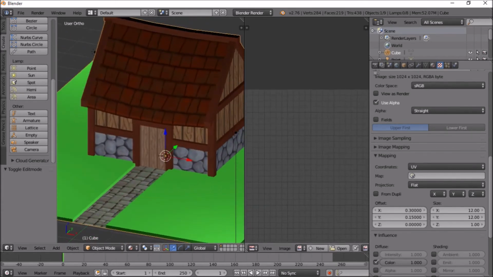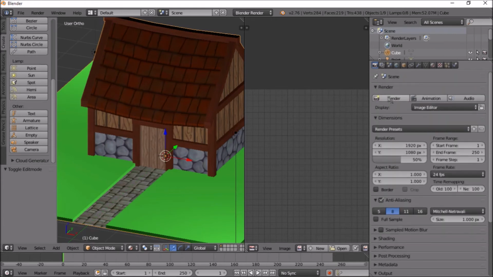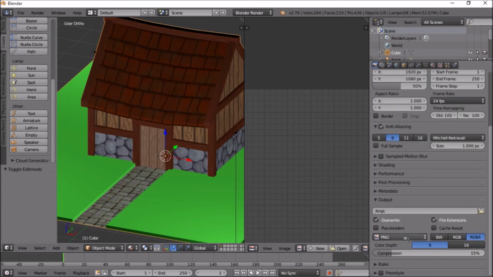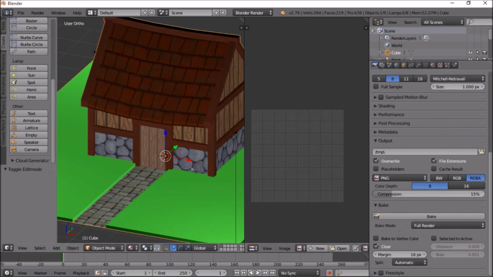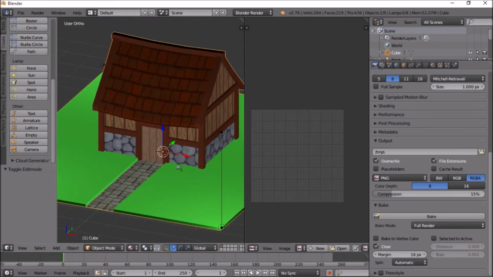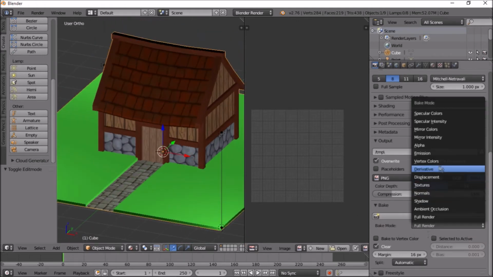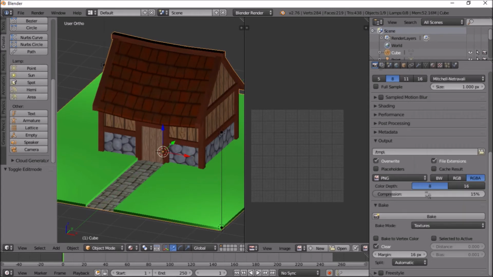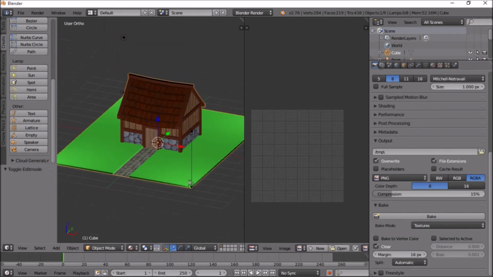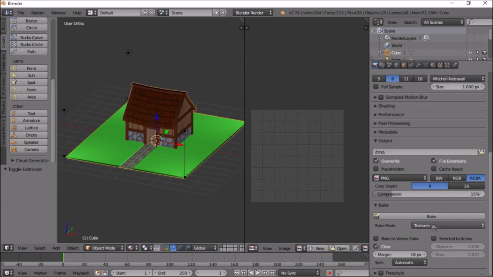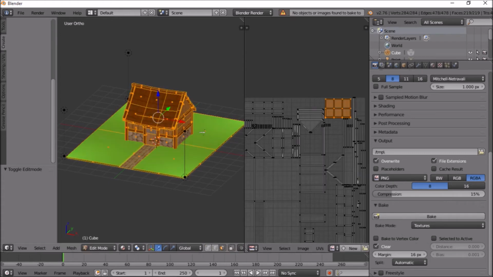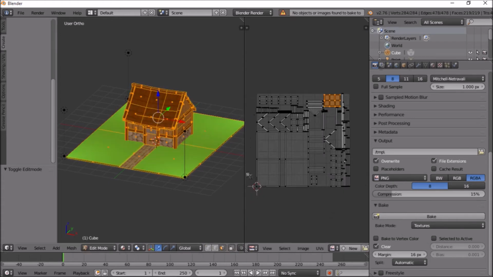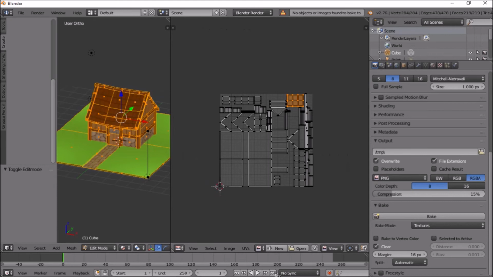The next step that we need to do is we need to go to our camera all the way down, open the bake tool. I'm not going to do the full render because that's with shadows and all. I explained that already. I'm going to do the textures. I'm going to zoom out and I am going to cross my fingers and hope that it works. No object has found to be done. Okay, so that basically means that here I need to do